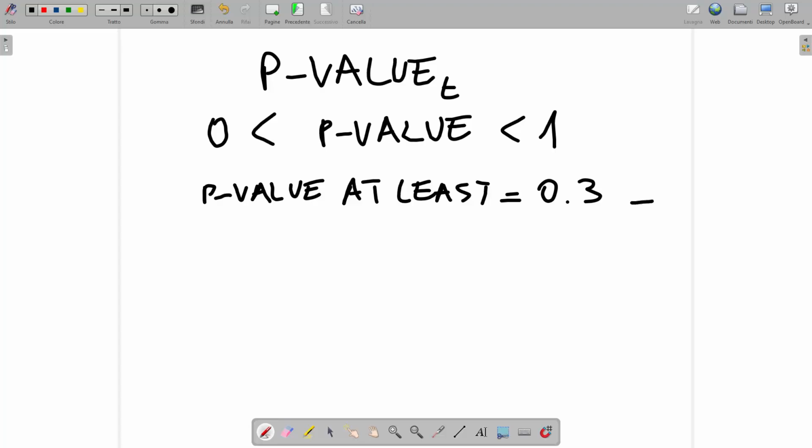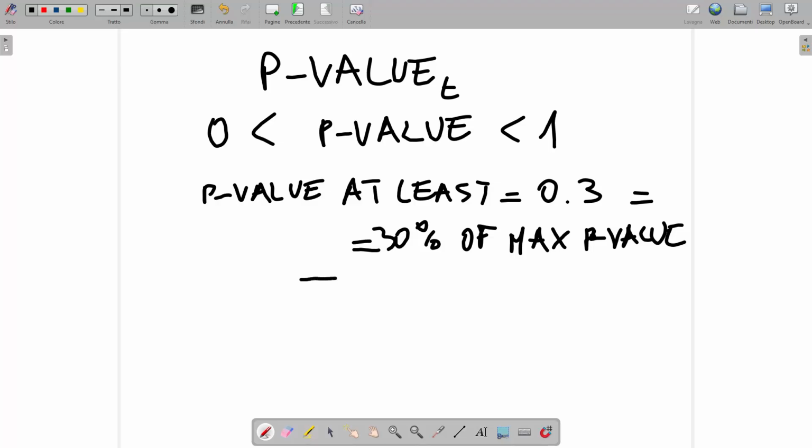And this is 30% of maximum p-value. Do you agree with this statement? Yes. So when I obtain at least 30% of the maximum possible value, I am happy. Okay? If we go in turn to p-value of f-test,